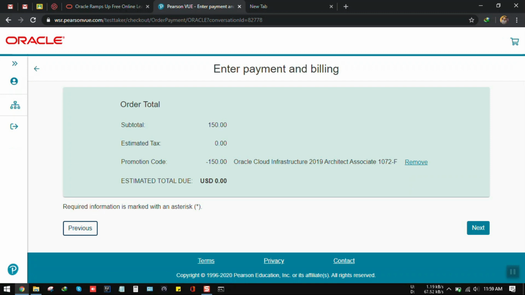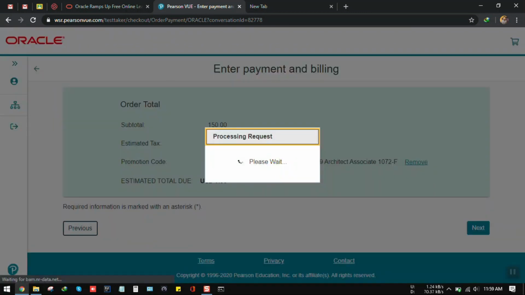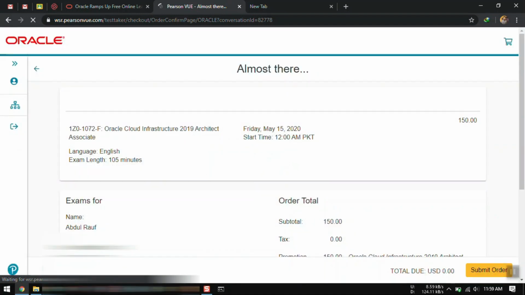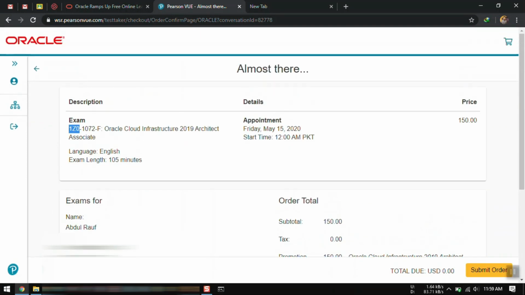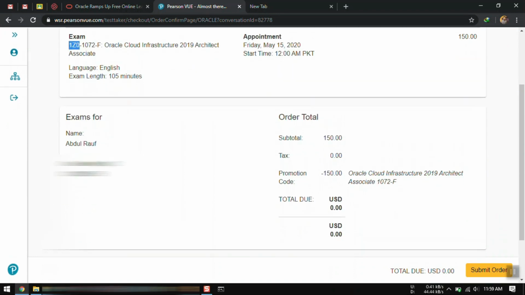This is a payment and billing page. This shows the estimated total due is 0 because this certification is free by Oracle. And this is, I think, the last page of the whole procedure, and you have to click submit order.